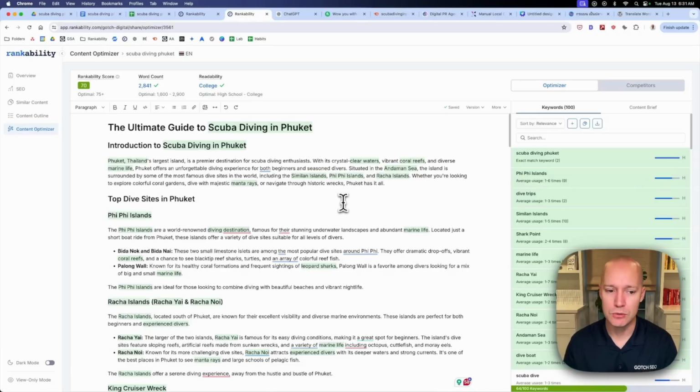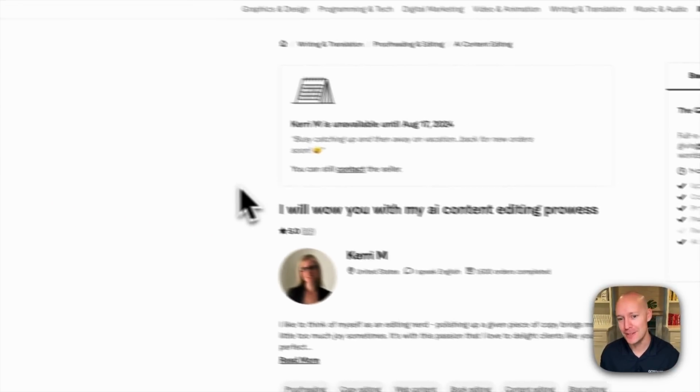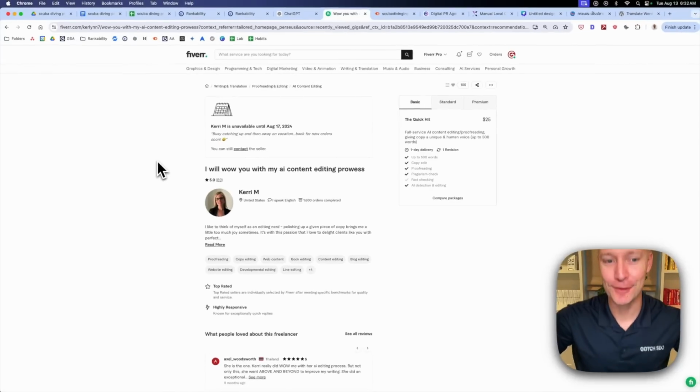The first option is, once again, just like before, you bring in the subject matter expert and have them dig through this content and add the nuance and the little details to it. That's one option. The other option is you can bring in an AI content editor. There's a lot of people that do this now, where they come in and they can edit your AI content. And so like, she's very busy, because I think I keep sending a lot of people her way, but